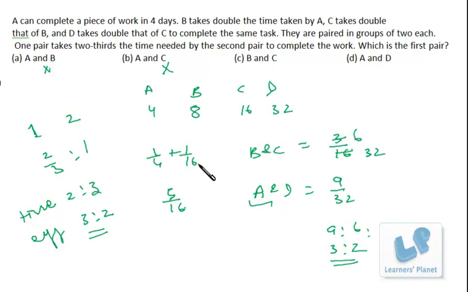Here we are calculating per day work. See, A, B, C, D, they are taking 4, 8, 16 and 32 days respectively while working all alone. So when we pair A and B, we take their individual efficiency. That means A is doing how much work per day and B is doing how much work per day. To understand this concept in a better manner, you should attend a time and work lecture. So you'll be getting the concept.